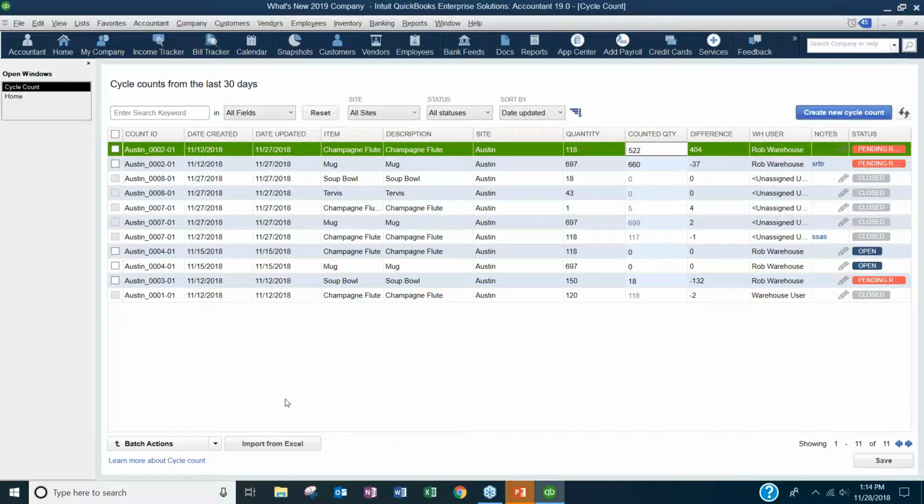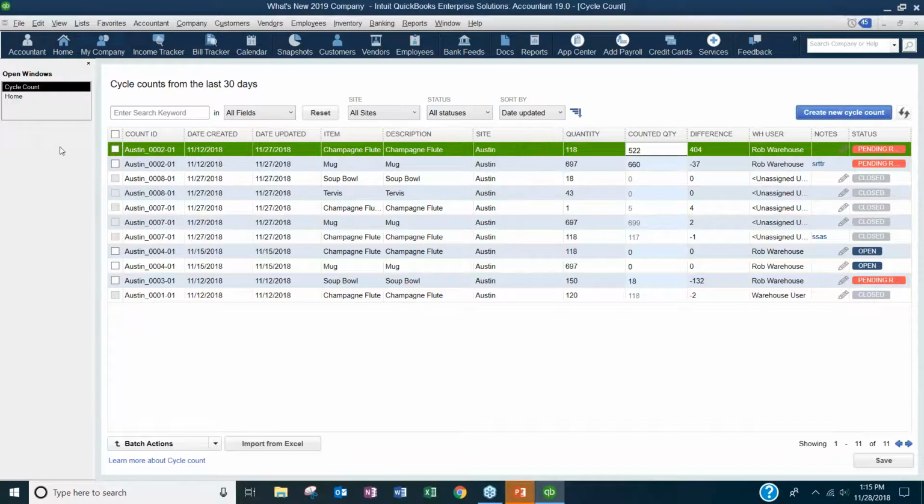You can search here through the count ID field that is generated, or we can generate it too, we can modify it. We can search through the item or the description. We can narrow down the count, so we can say, only show me counts for particular sites. Again, multiple warehouses is only available in the Platinum Edition, but if you are using multiple warehouses, you can narrow down and say, show me the counts for only particular sites. Also statuses, and we'll talk about the statuses here in a minute,